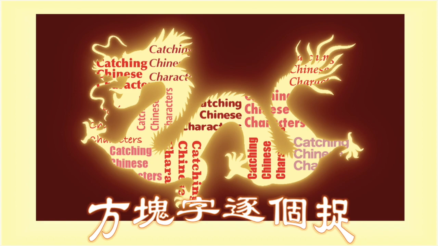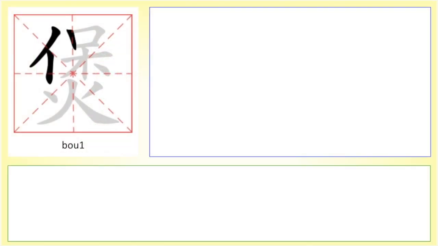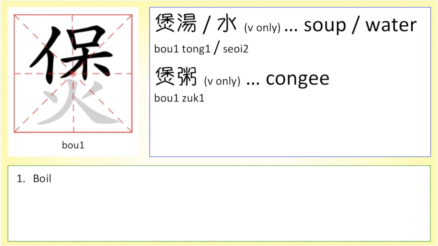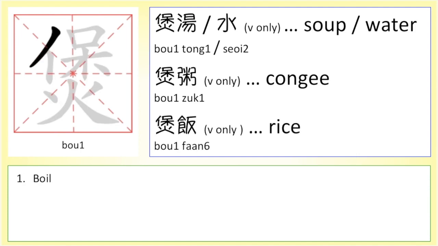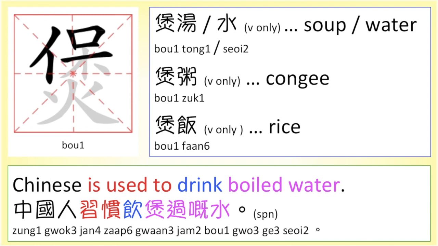We continue the characters related to cooking way in this video. The first character is 煲, meaning boil. For example, 煲湯，煲水，煲粥，煲飯，中國人習慣飲煲過嘅水。